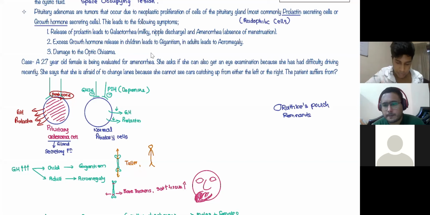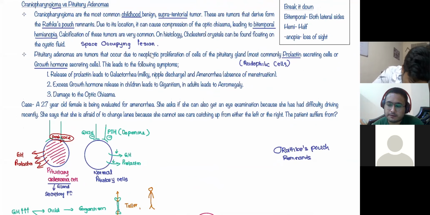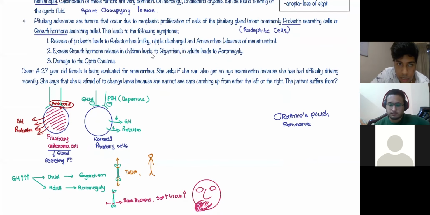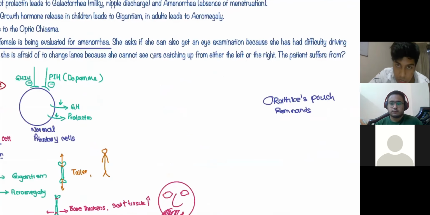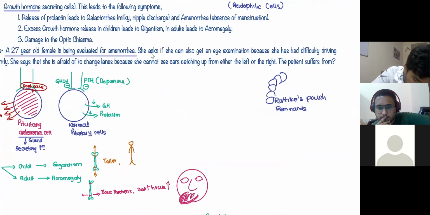Remember, it's a childhood tumor, but adenomas usually occur with age. Look at this, she's a 27-year-old female with amenorrhea. In craniopharyngioma, it's a tumor of children in which these remnants will grow and cause compression